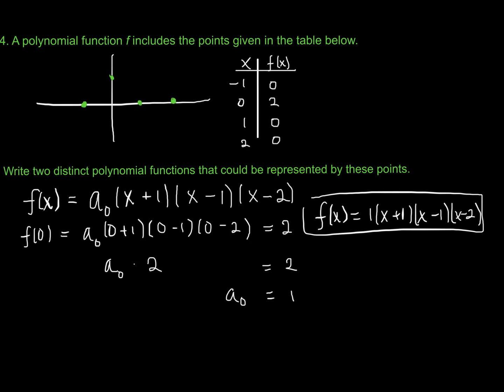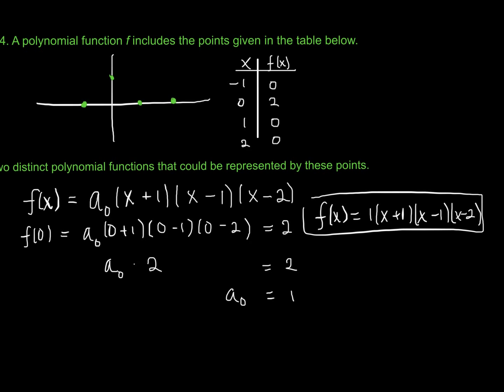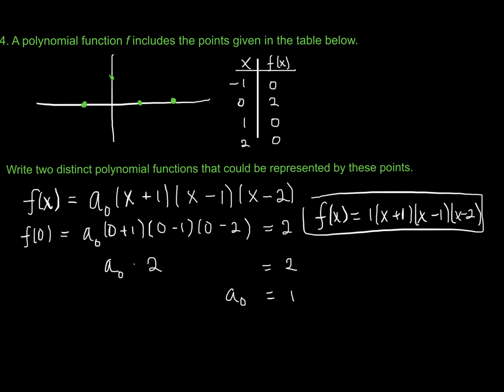But we want to write two distinct polynomial functions. Well, notice that I can create another function that satisfies all these points. It just has to be different than this one. How can I change this function? Well, I already have written a cubic, but that doesn't mean I couldn't write, for example, a quartic function where